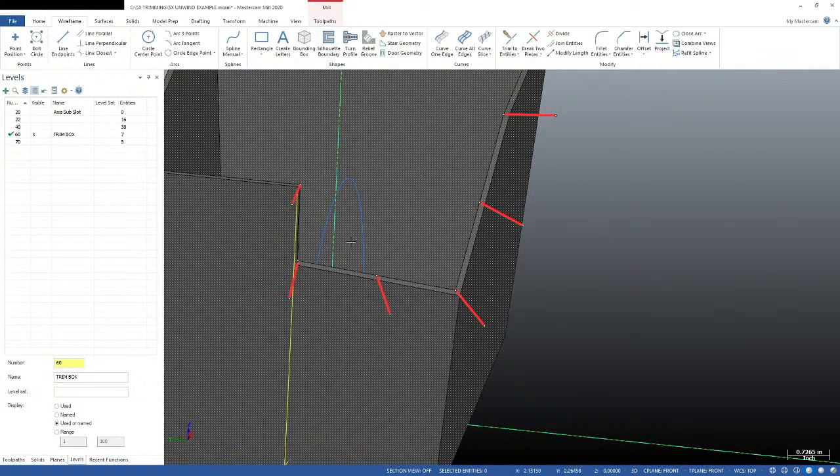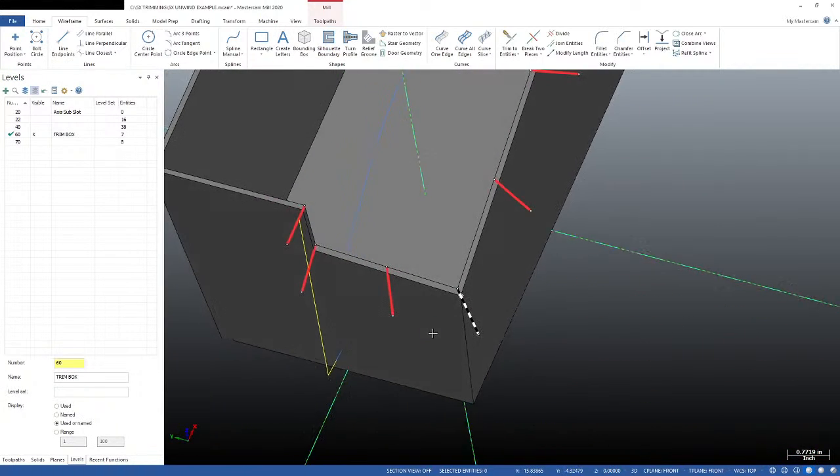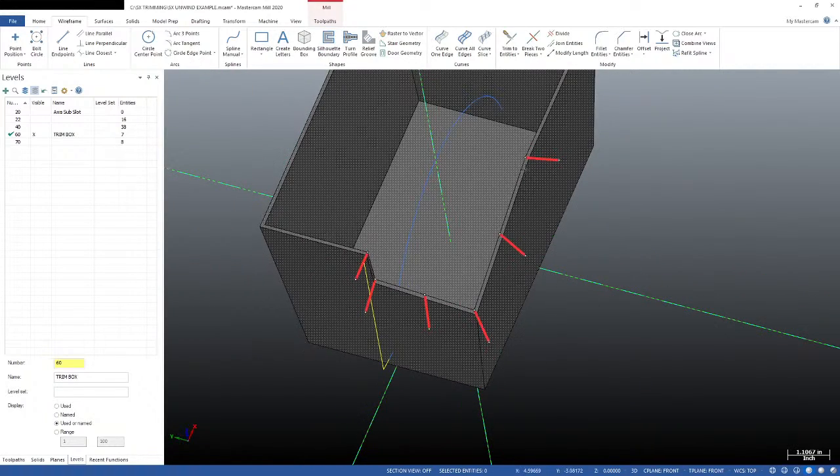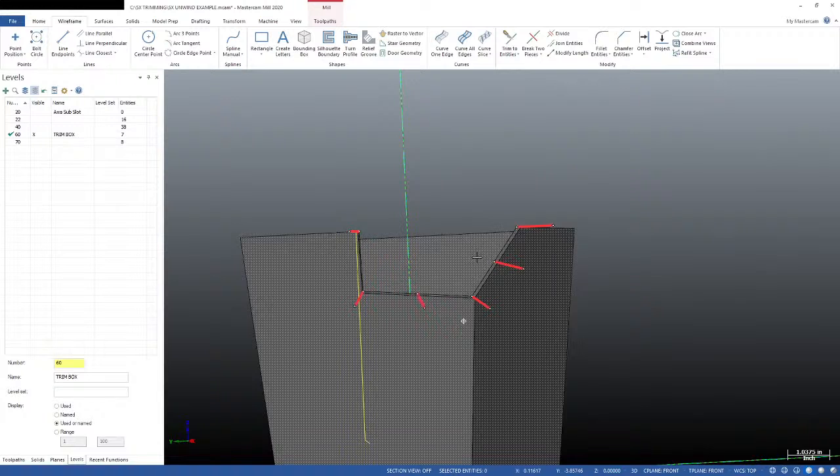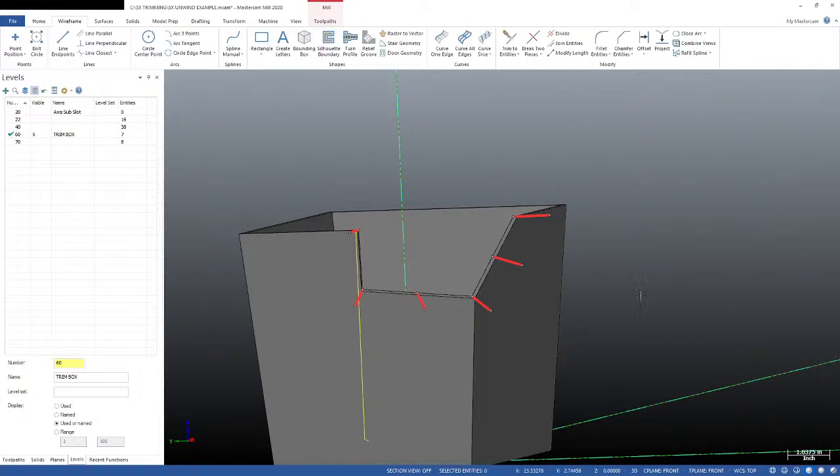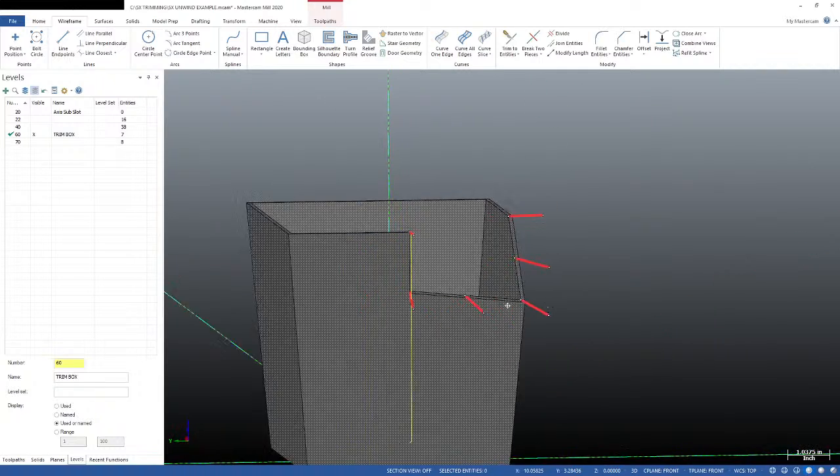And this actually isn't necessarily that bad because if we want our tool to be angled here rather than straight, we can control the tool axis just by changing the attitude of the line, just by changing how the line